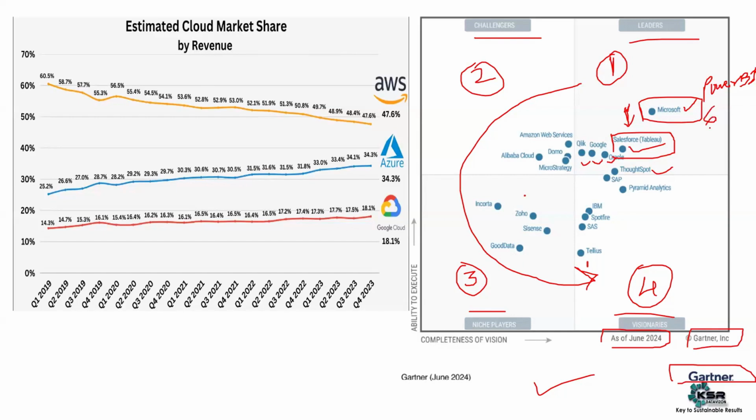Maybe you can assume 6 years, not more than that, because it was introduced back in somewhere 2015 or 2016. But when it was introduced, it wasn't the market leader. After 2 or 3 years, it picked up the pace. And for the last 6 years, Microsoft Power BI has been the market leader in terms of reporting and business intelligence tools. Tableau was one of the leaders. You have MicroStrategy here. MicroStrategy was part of this leader segment, and it is now not even part of the leaders. It is now part of the challenger segment.